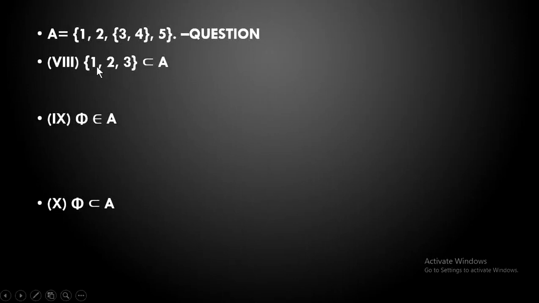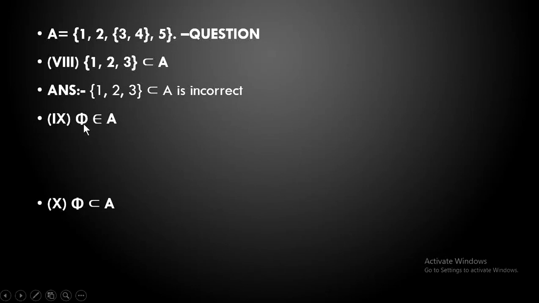Next bit, they have given you 1, 2 and 3 is a subset of A. Over here 1, 2 is correct, up to that it is correct because they are independent elements. But again when you see the third one, as I told you, the set of 3 comma 4 together is one element. If you separate out the 3 or the 4 from that and write it, then it will become wrong because this is not an element. The set of 3 comma 4 together is an element inside this. So if they had written 1 comma 2 comma the set of 3 comma 4 is a subset of A, then it would have been correct. For now this statement is wrong.